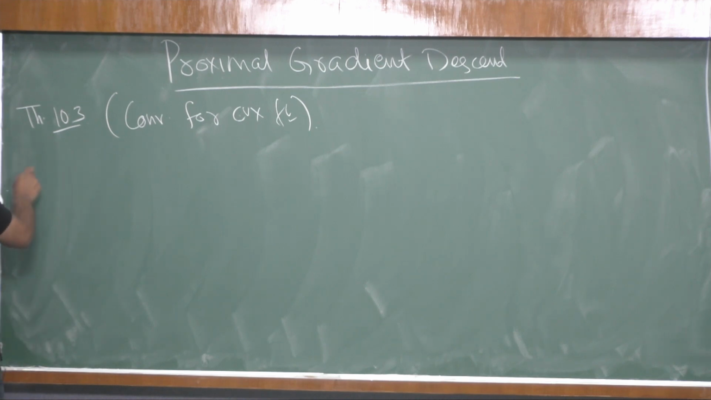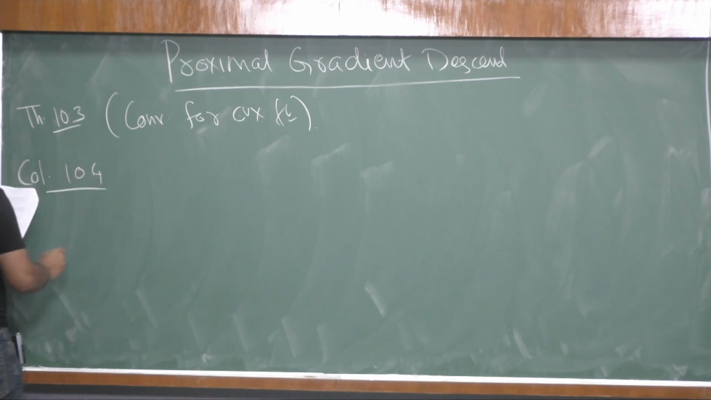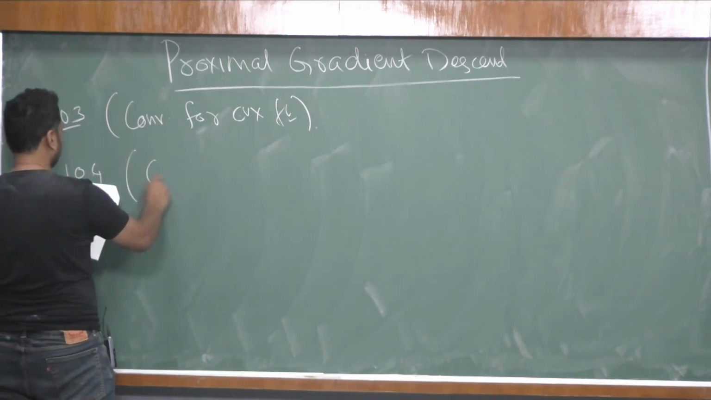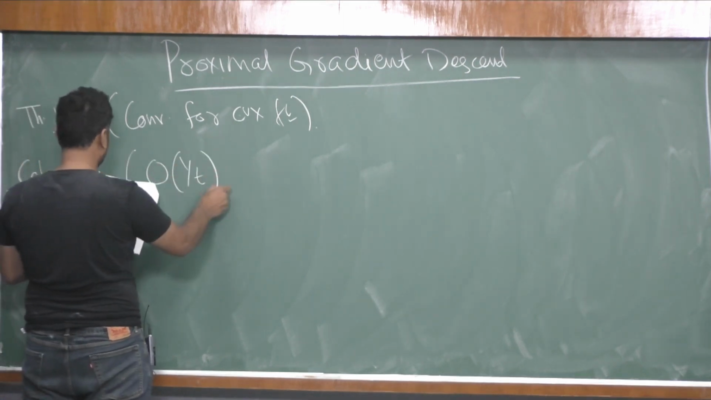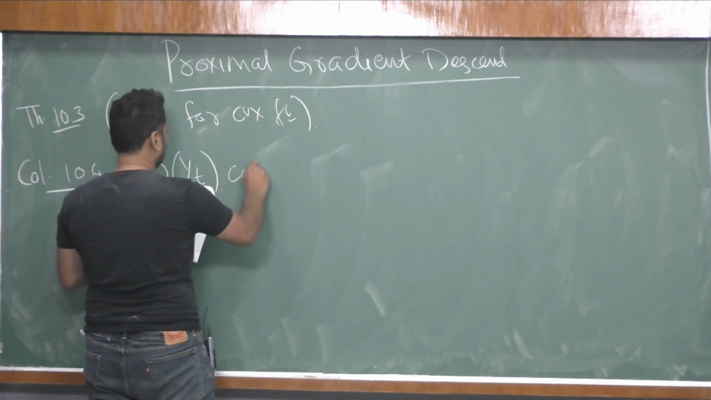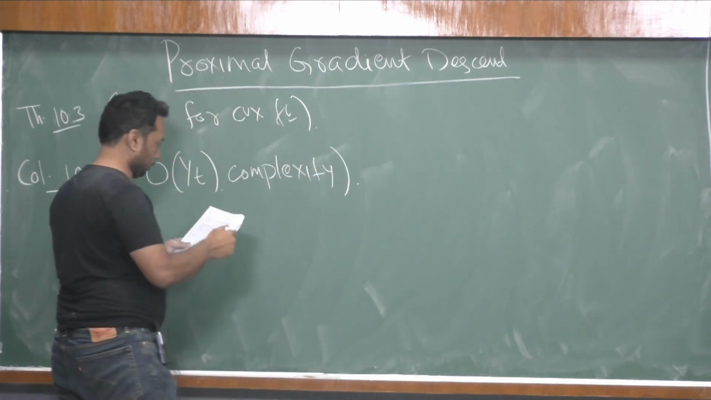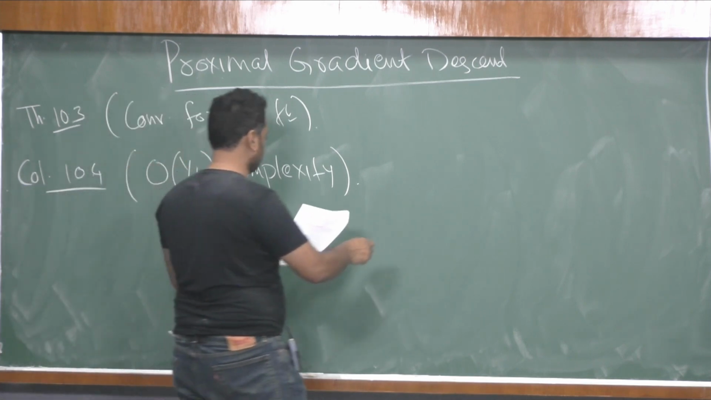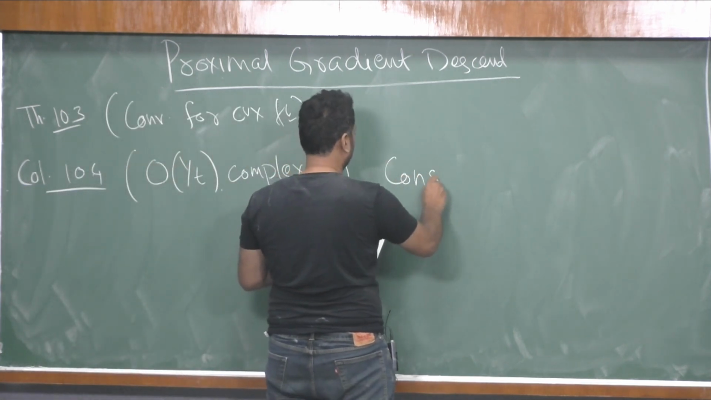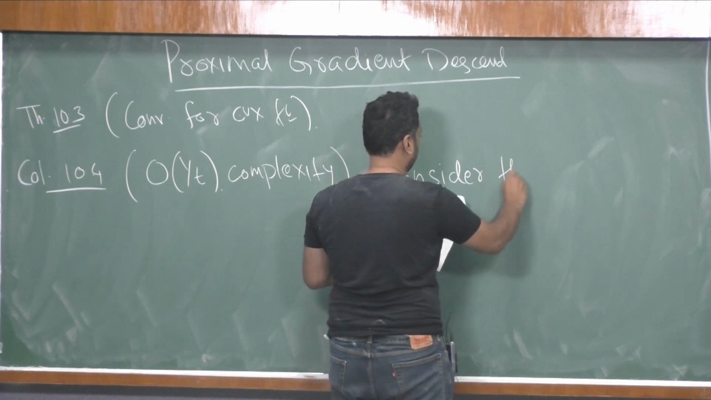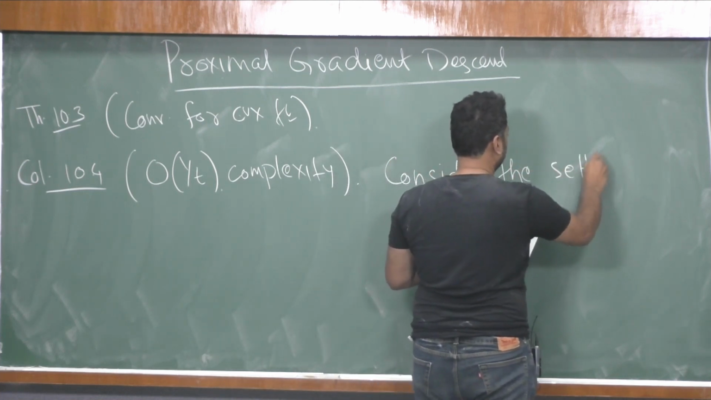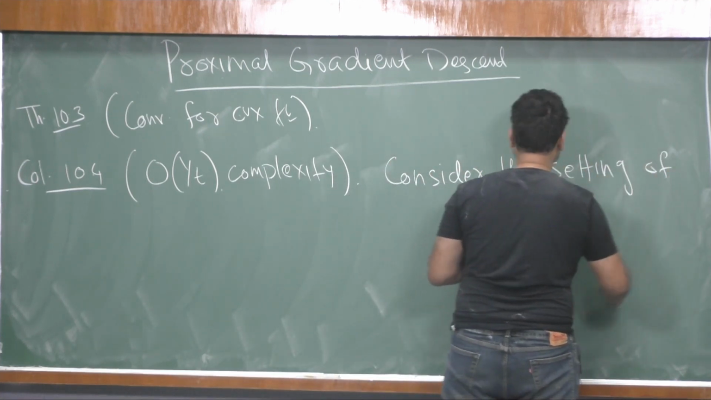there is a corollary 10.4 which says that this algorithm is order of 1 by t complexity. So what this says is that consider the setting of theorem